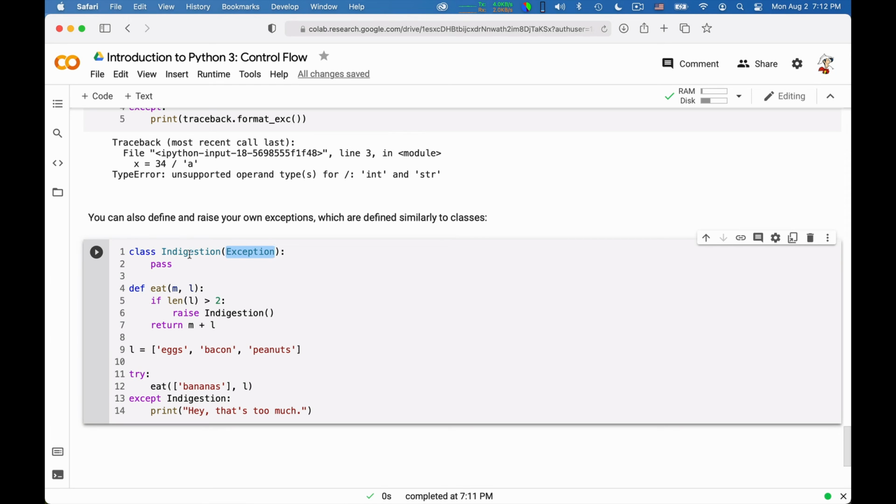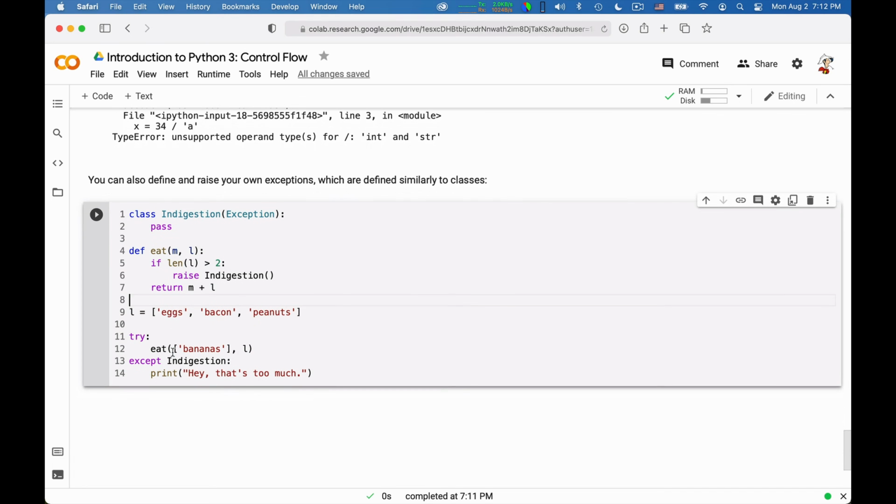So I define this indigestion exception, and then I define eat, with the parameters M and L, and if my list L is bigger than 2, I raise indigestion. I just define this a bit for the fun of it. And so if I try to eat bananas on this list L that contains 3 elements, this will raise an indigestion,